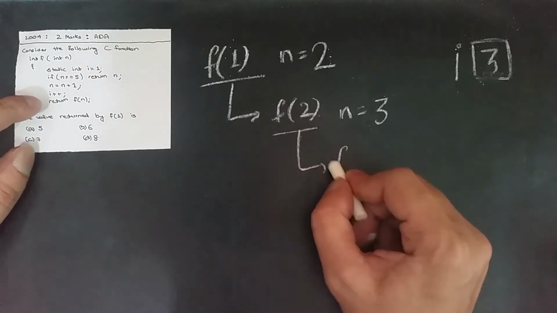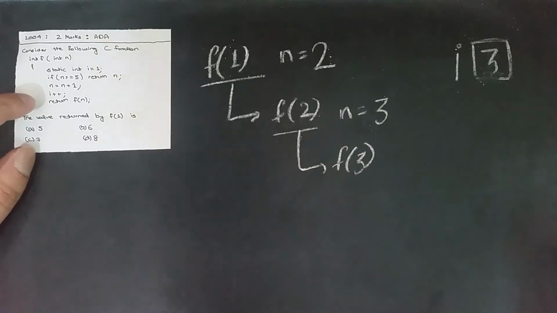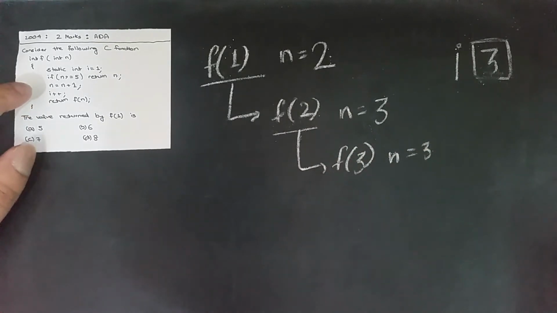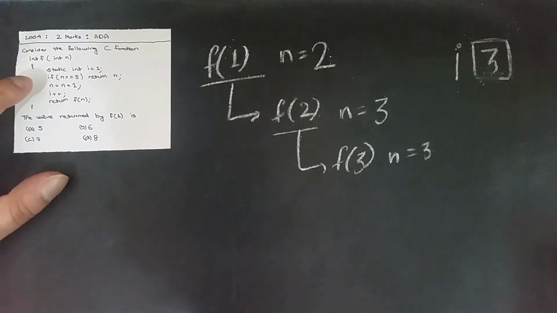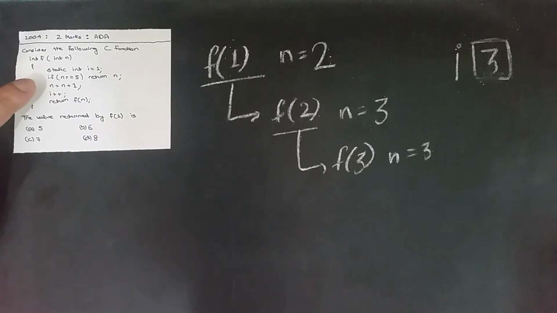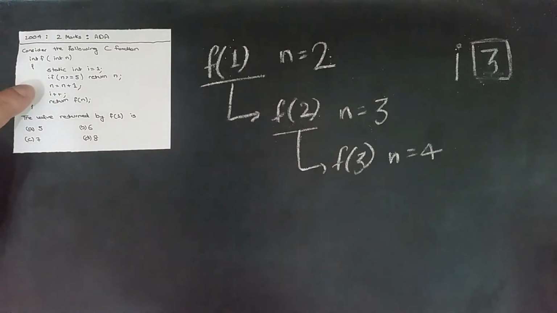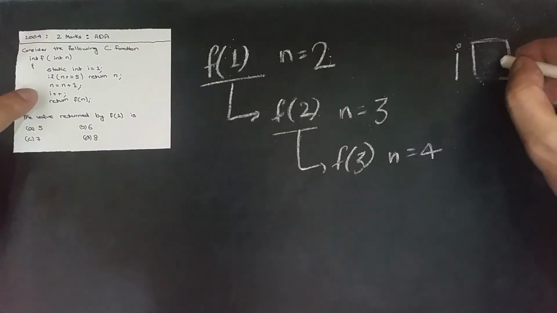Now we'll return f3, so n is now 3. Now it says that again static int I is equal to 1. As we have seen before, static can only be initialized once, so we'll ignore this line. The next line says that if n is greater than or equal to 5, return n. N is not greater than or equal to 5, n is only 3, so we won't return. Then increment n to 4, and then I would also be incremented to 4,